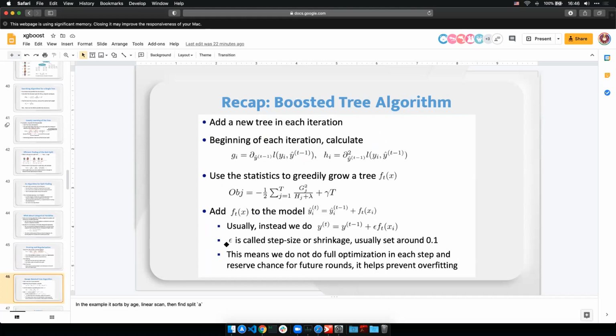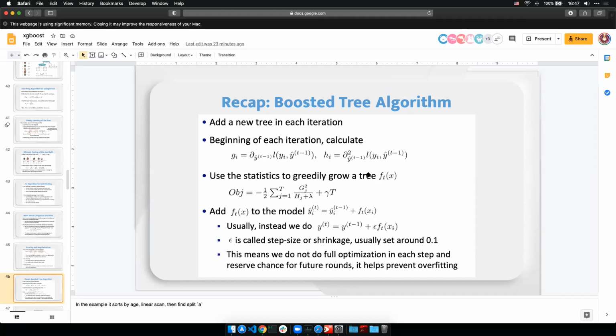So recap, boosted tree algorithm. We add a new tree in each iteration. At the beginning of each iteration, from the last tree, we can calculate the first order derivative of the loss, and then the second order derivative of the loss. And we use those to calculate the gain of this new tree that we proposed at time t, f_t,